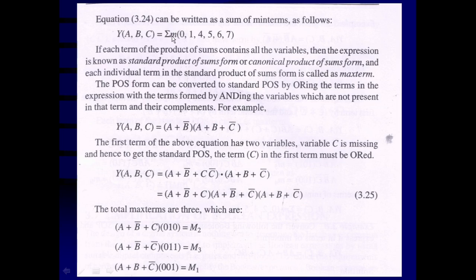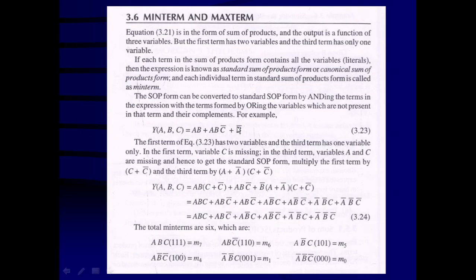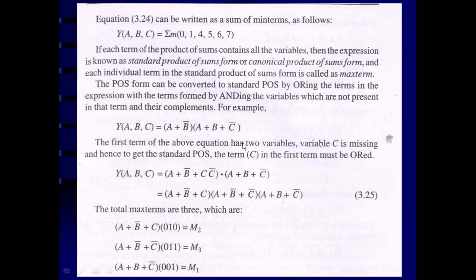Which are the mean terms? You can see that here. Starting from 0, 0 will be there. So inside the bracket we will put 0, then comma, then 1 will be there, then comma, then 4 will be there, then comma, then 5 will be there, then comma, then 6 will be there, and then comma and 7 will be there. And that way this sum of product equation can be represented in terms of the sum of the mean terms like this way. Sigma m 0, 1, 4, 5, 6 and 7. Similarly, in the product of sums method,